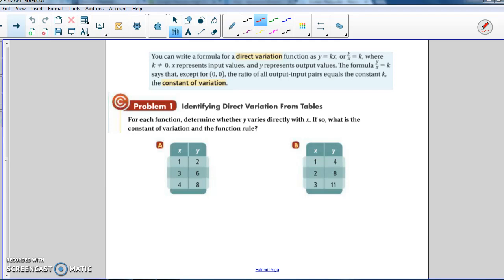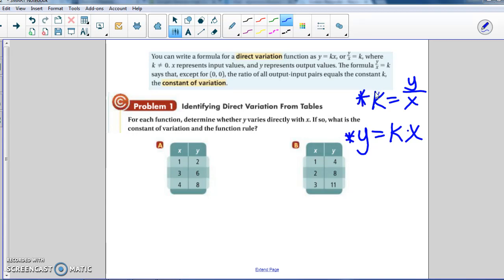The formula y divided by x equals k says that except for 0, 0, the ratio of all input to output pairs equals the constant k, the constant of variation. So k will be a constant, and we would use the formula k is equal to y over x. And that comes from our direct variation function, which is y is equal to k times x. So we need to use these